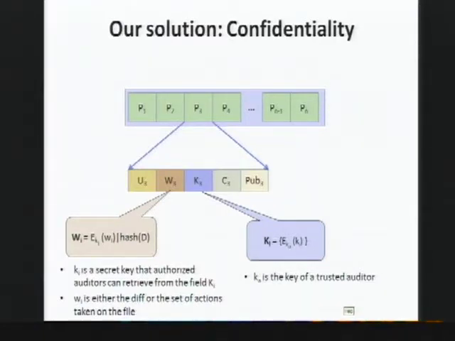We stored the encrypted modification log in this W entry. We also throw in the hash of the document so that we can keep a mapping or binding from this provenance entry to that particular version of the document. And we then encrypt this random or session key with the keys of the trusted auditors and put them in this keylog entry.